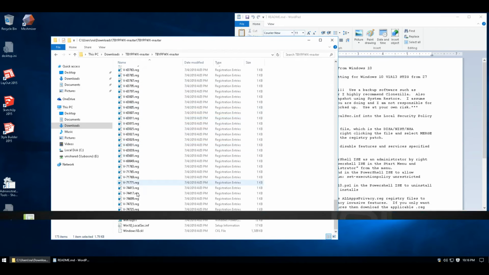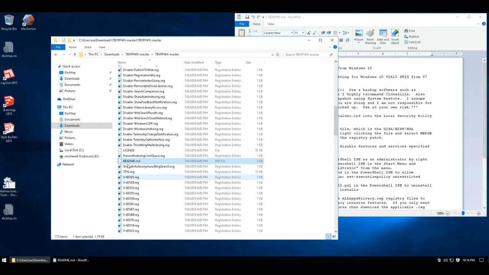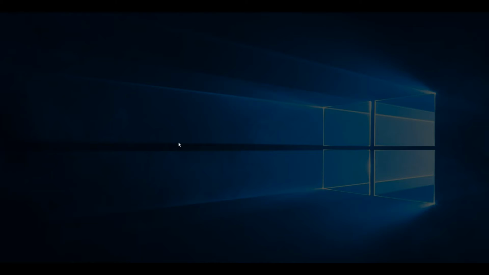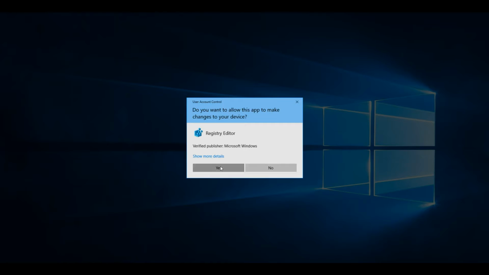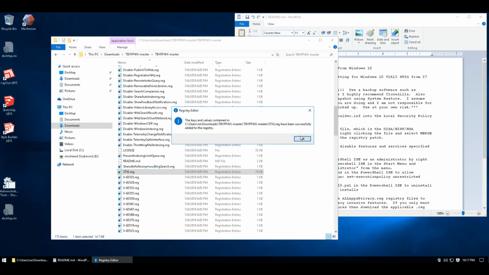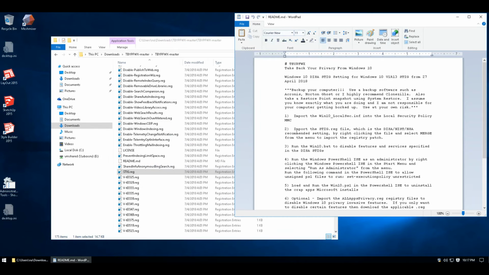Find your stig.reg. Where'd it go here? Right click that, say merge. It'll pop up a UAC. Hit yes. And it'll say adding information unintentionally can damage and so on. Click yes. And it should say the keys and values contained in the file were successfully added. Then go back to the README